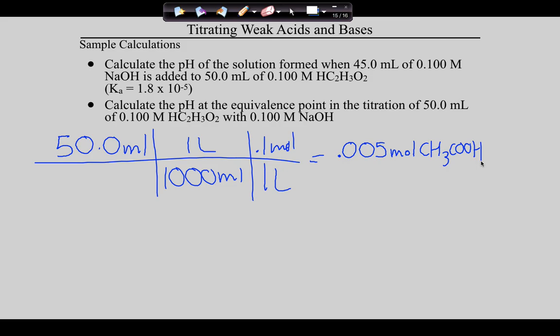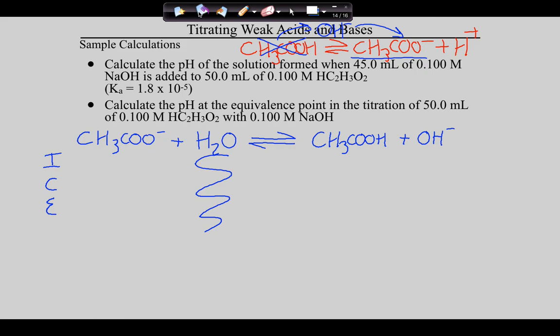So guys, what is our volume at equivalence? 100 milliliters, 50 of each, right? Because we started with 50 milliliters of this, and because the molarities are equivalent, we also need 50 milliliters of base. So our volume will be 100 milliliters or 0.1 liters. So our molarity is 0.05 molar. Did I do that right? Oh, good. Okay, so coming back over here,